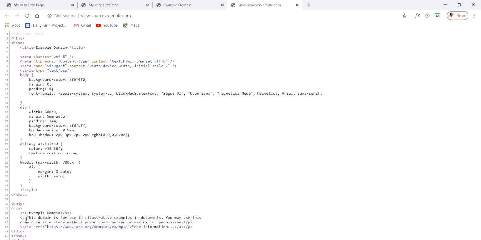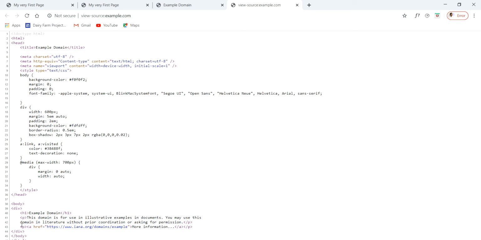Then we have used the p element over here. The p element is used for creating any kind of paragraph. So p, then this paragraph has been closed at this point. Then we have started another paragraph. Then we have used the anchor a element. Then we have provided it certain value. Then we have written more information. Then the anchor has been closed. Then the paragraph has been closed.